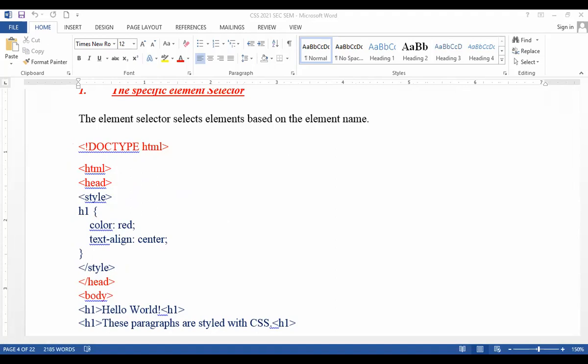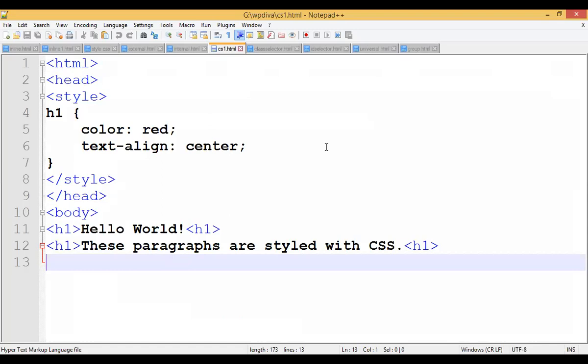Okay, see. I will share the code directly in the notepad now. Already I have framed the code on it. All right, see, this is the code for the specific element selector. So what are the rules of the specific element selector? If you have some pen or paper over there, please write it down. We are learning the first form, that is the specific element selector.